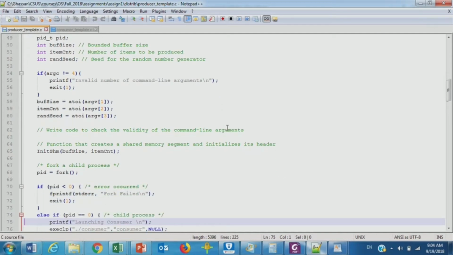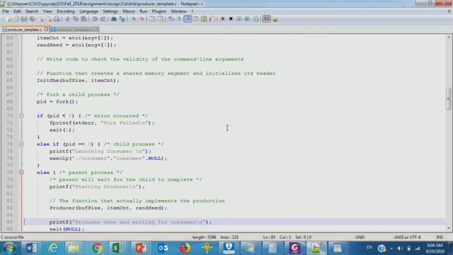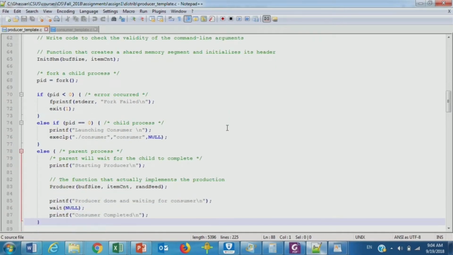Okay. So now, the producer is the parent, so it's going to fork a consumer, and it's going to launch the consumer process here. So the consumer process is launched as a child process. So the consumer will be a child for the producer in this case.